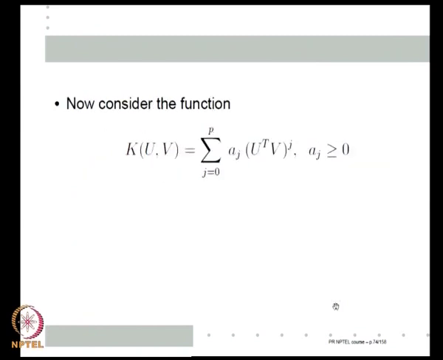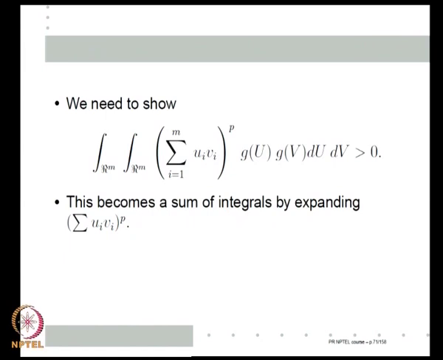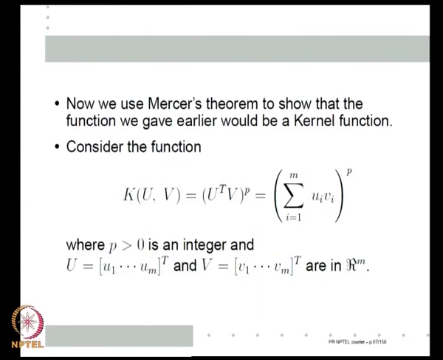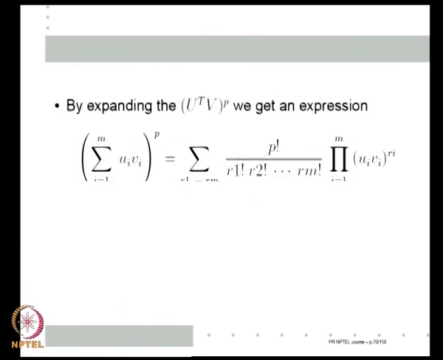So, this shows that this function u transpose v to the power p is a kernel, is a Mercer kernel for every positive integer p. Starting from here, now we can show